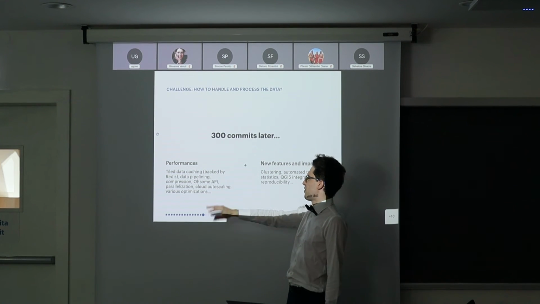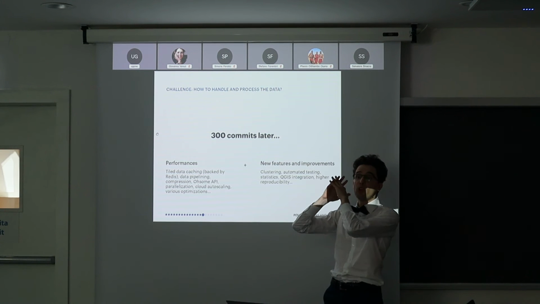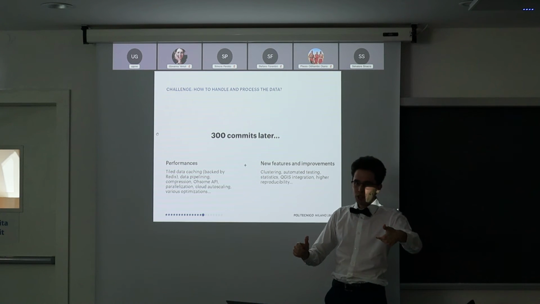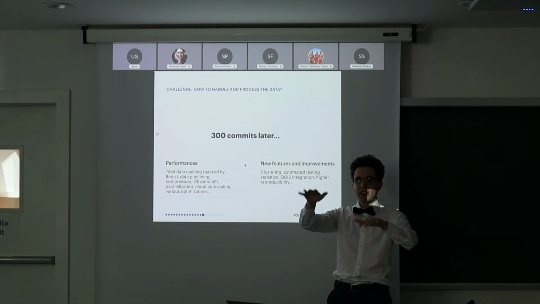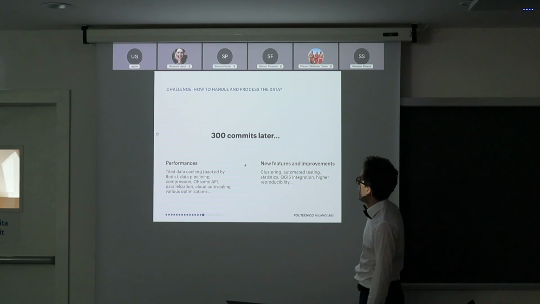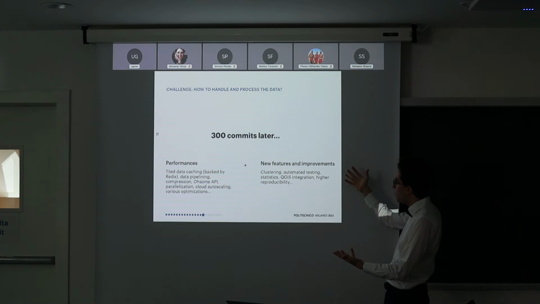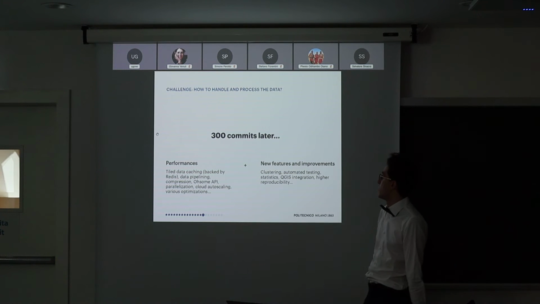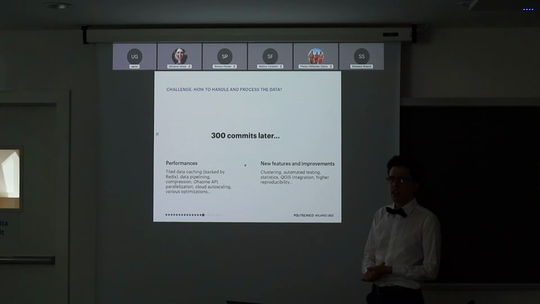Massive parallelization. We have cloud auto-scaling. That means that if we have many users, the system will automatically start a new server, install the software, and automatically do load balancing with this kind of technique. And then we also have new feature improvements. We finally have clustering, so we can aggregate the data together based on different criteria, automated testing for regressions, and then